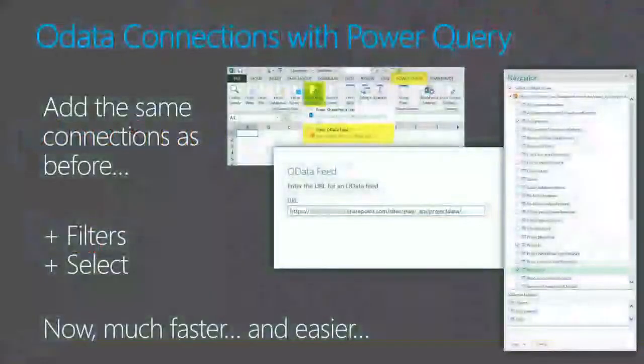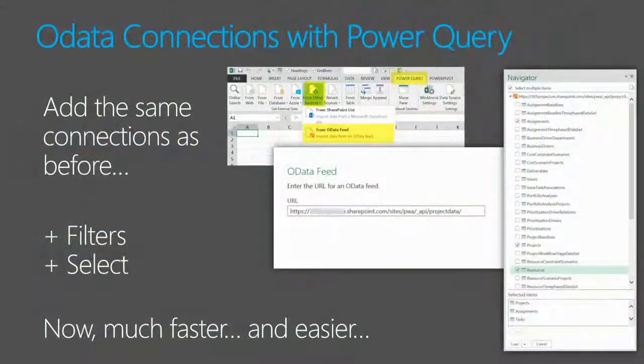Who in this room knows what Power Query is? What does Power Query mean? So 20%, including you. So Power Query is actually a new technology from Microsoft, built into Office 2016. You're going to see, I'm going to do exactly what Mike did, but in a much faster and easier way. So what I'm going to do is flip back to my computer,